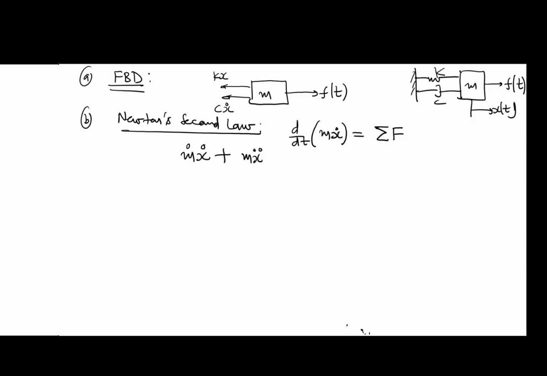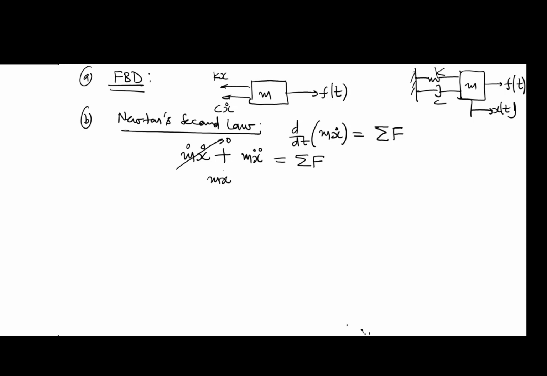So in that case, this term, the rate of change of mass, will go to 0. But otherwise, if it is not being mentioned, like in the case of a missile which is going to hit the aircraft, the mass of the missile is changing drastically. So in that particular example, you cannot take that as the assumption. So in most of the cases, the mass of the system is considered constant. So that's why we have this.